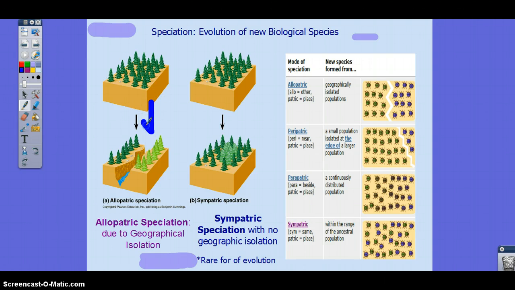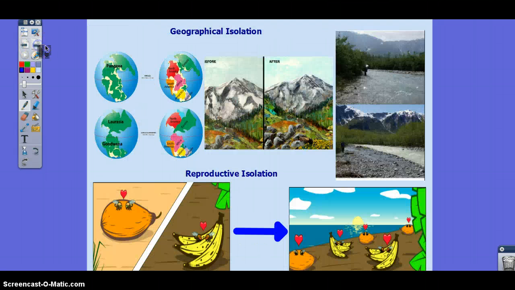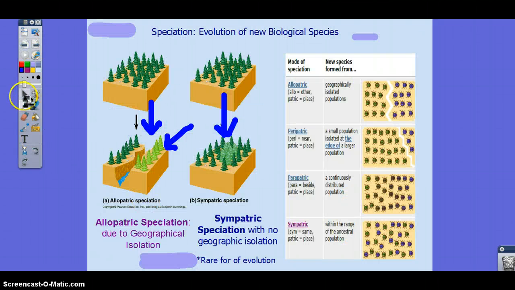So in this case, here's allopatric, where you have the original population divided by probably an earthquake, and you have a new species that arises. Original species stays the same. In this case, sympatric, there's no geographical isolation. Basically, you have a population, and within that population, a new species arises. Oh, and this is actually a rare case of evolution. Most species in that area will somehow mate or reproduce.